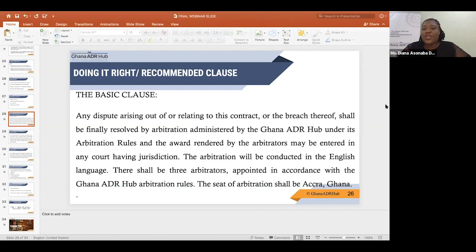And the award rendered by the arbitrators may be entered in any court having jurisdiction. The arbitration will be conducted in the English language. There shall be 3 arbitrators appointed in accordance with the Ghana ADR arbitration rules. Finally, the seat of arbitration shall be Accra, Ghana. So this is a basic clause, one of the clauses that you can adopt to suit yourself. Of course, the arbitration rules of Ghana ADR have provisions for other issues that you may not have agreed on, like